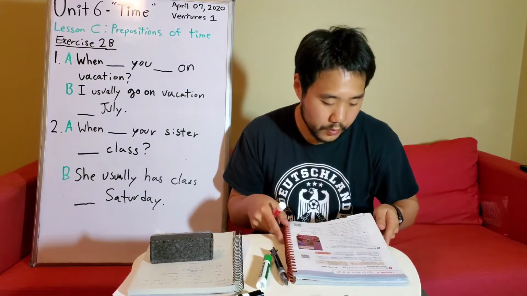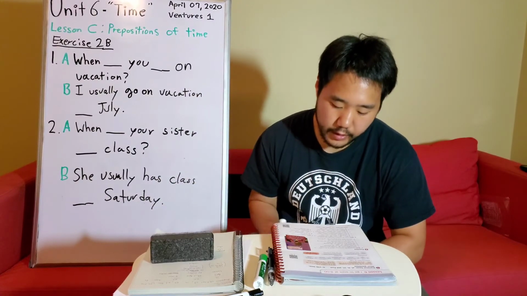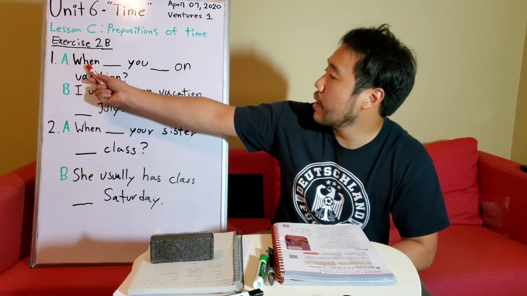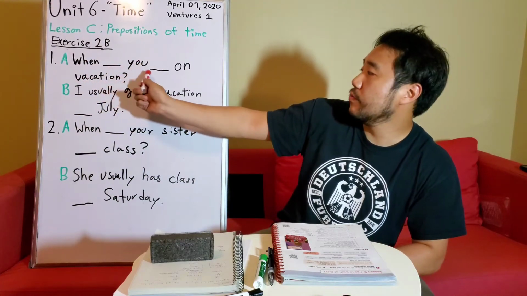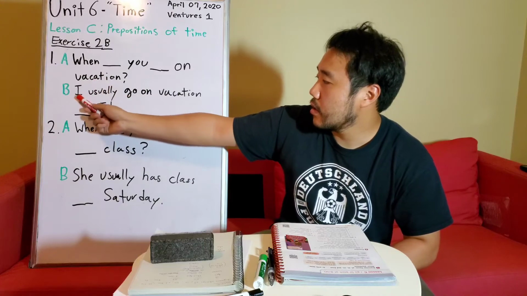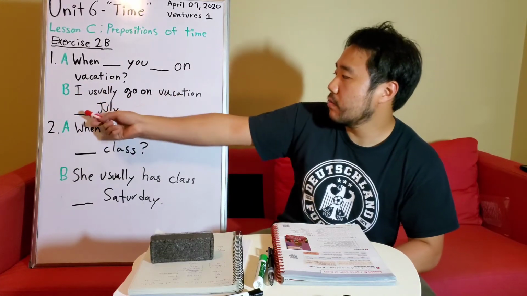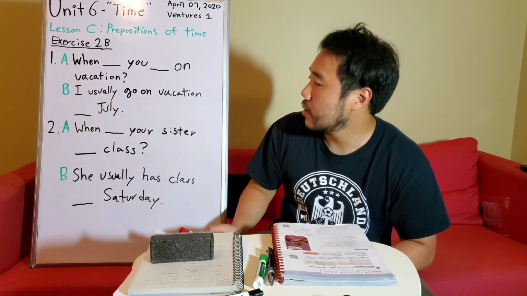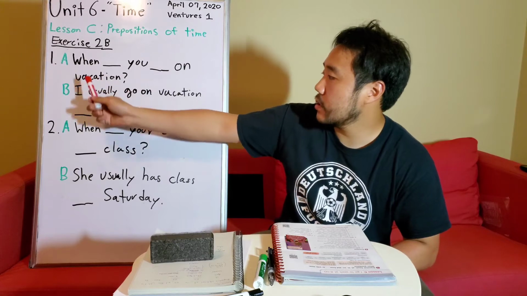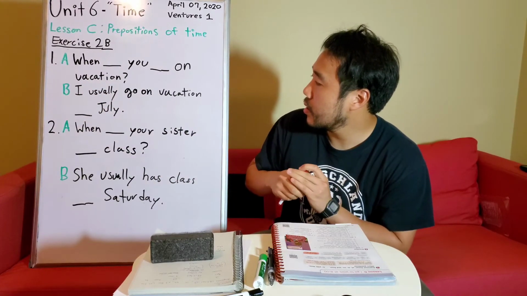Exercise 2B. Read the answers and complete the questions. Number 1. When blank you blank on vacation? B. I usually go on vacation blank July. So when we look at this, this is the question and this is the answer. Here we have